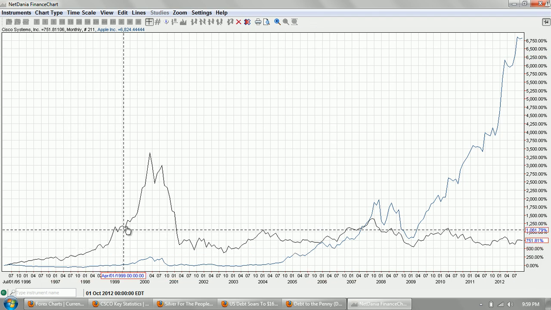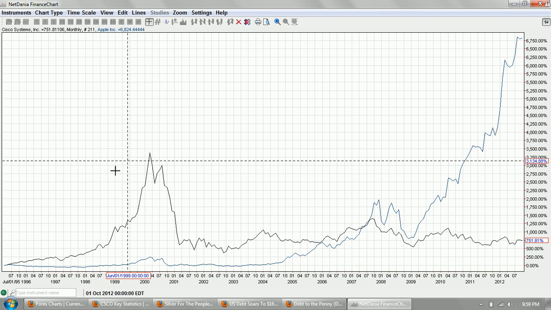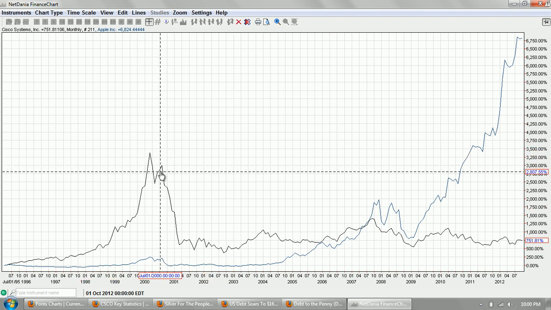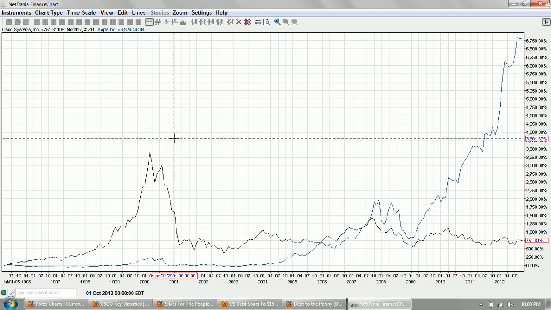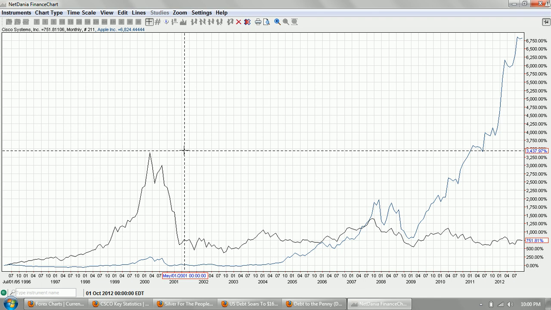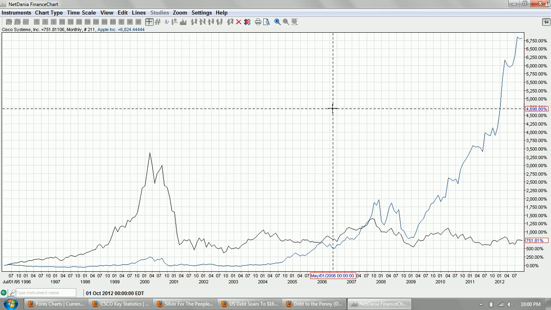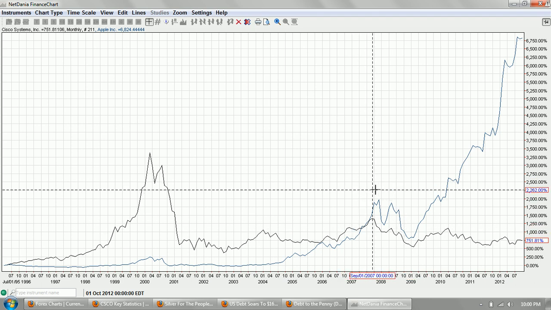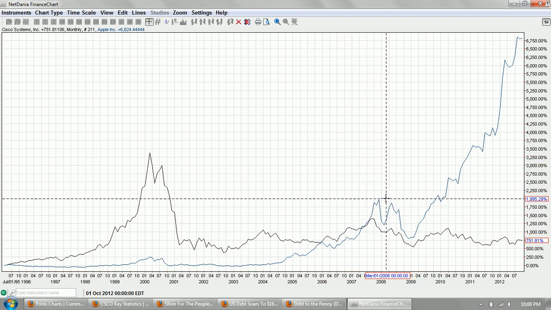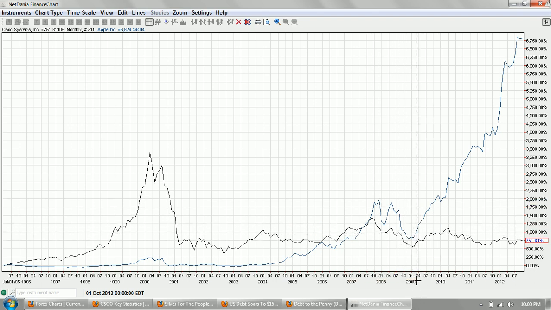So you can see here this black line was Cisco, and it reached a peak and crashed at the end of the dot-com era. You can see that it was up 3,500% or something, and came down significantly. Now you can see that both of these stocks began to run up and then came down very hard in the financial crisis, and then with the March bottom,